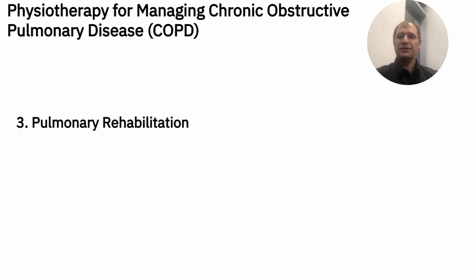Pulmonary rehabilitation encompasses a broad range of interventions designed to optimize physical and psychological functioning in chronic obstructive pulmonary disease patients. The core components of pulmonary rehabilitation are focused on exercise training, which includes both endurance and strength training, typically conducted 3 to 5 times per week for 20 to 60 minutes over 6 to 8 weeks. Exercise sessions should be supervised by a physiotherapist at least twice weekly, with additional sessions performed either at home or